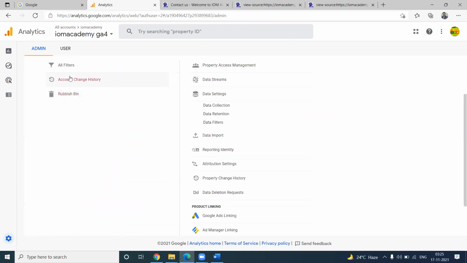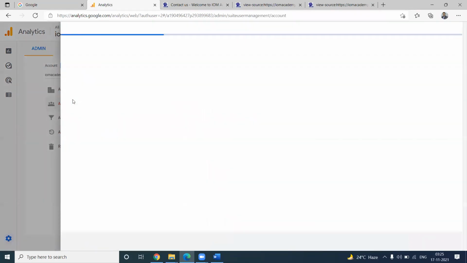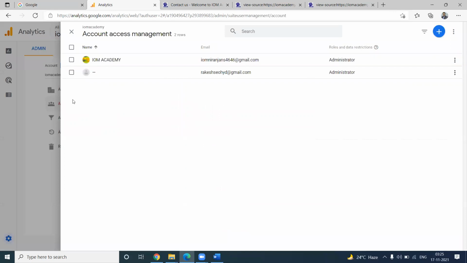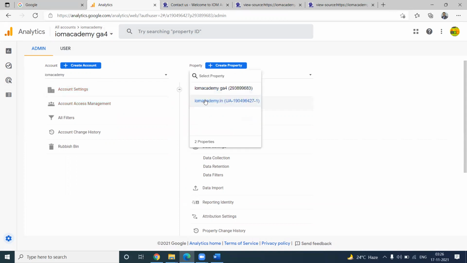And here will be the change option. Account settings, account access management. If you want to give any user access, simply use the account access management option. This way we can give anyone access to your particular Google Analytics account for another Gmail, without sharing login and password. So these options are very comfortable.